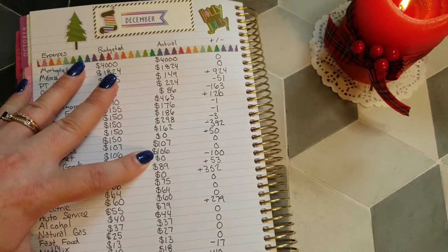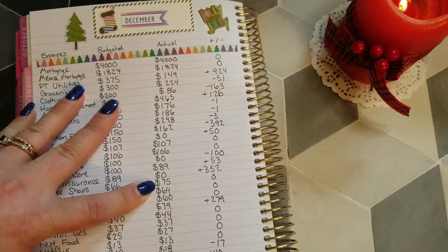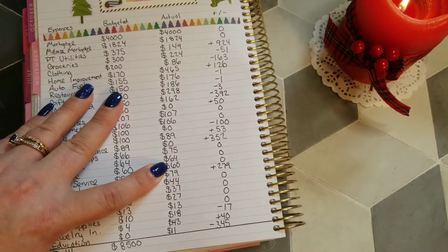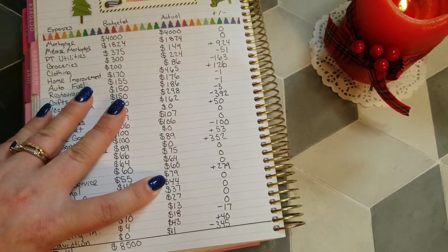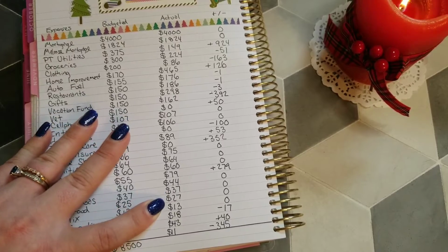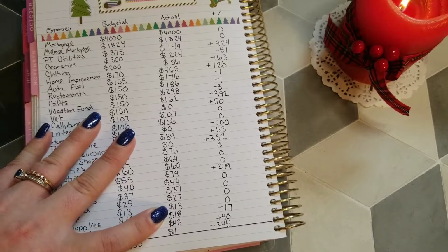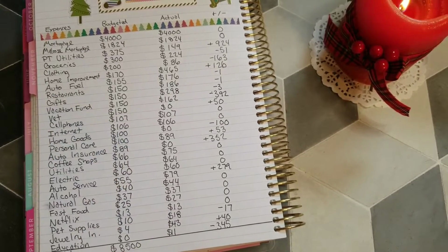Whoo! And plus 89 plus 75 plus 64, 60 plus 79 plus 44 plus 37 plus 27 and 13, 18, 43 and $11. So total that I spent in December is